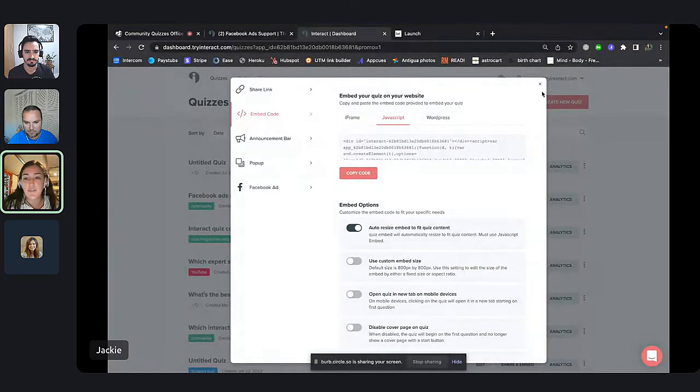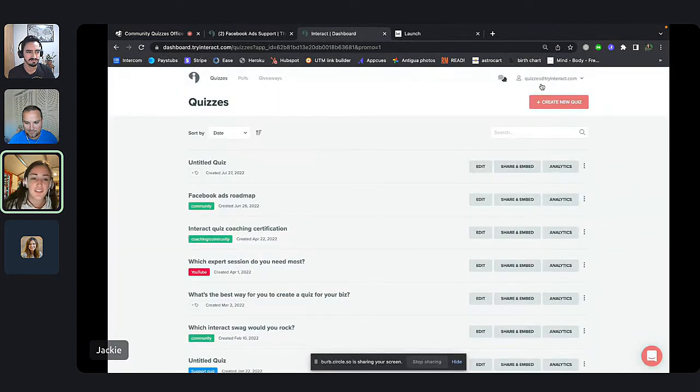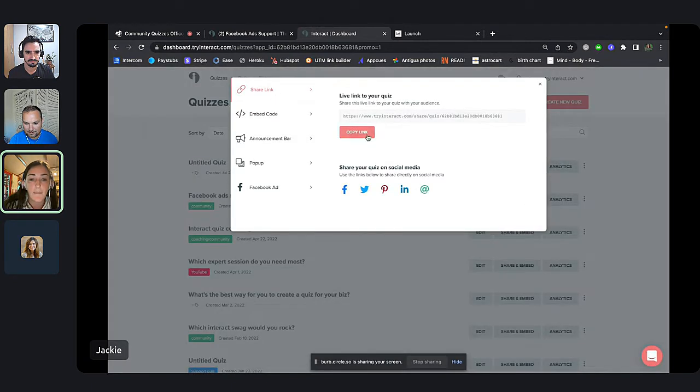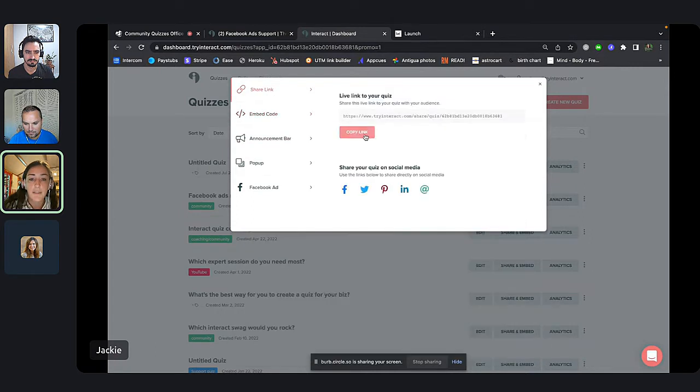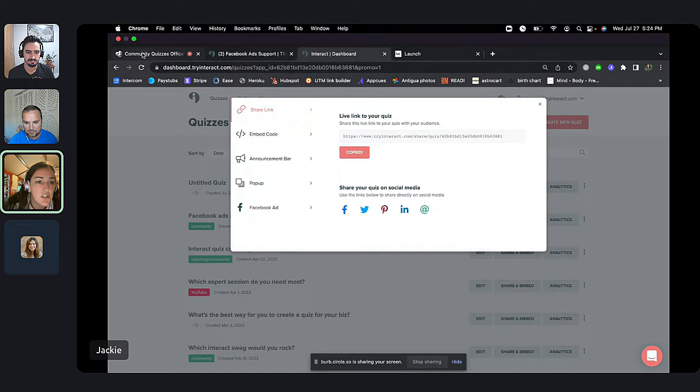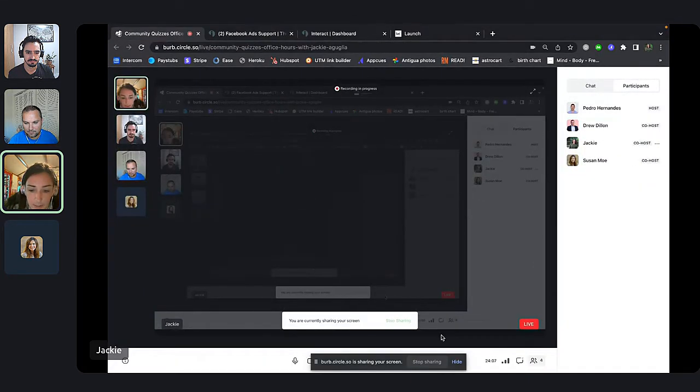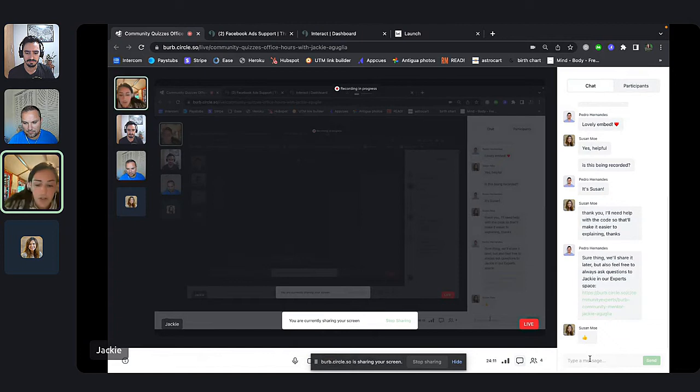And sorry, I keep stopping sharing. I come back to look at you all, and I don't want you to look at me looking at you, if that makes sense. So this is the Facebook ads roadmap quiz. So when I click on share and embed, I can just copy this link. So similar to how I just grabbed the embed code, I can just copy the link to the quiz. And then let's just see if I come back here in the chat, if I share the link,